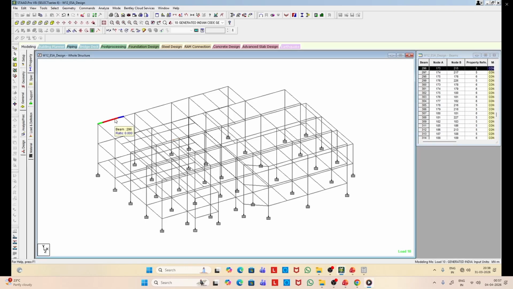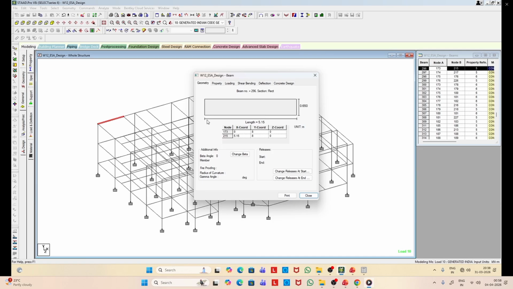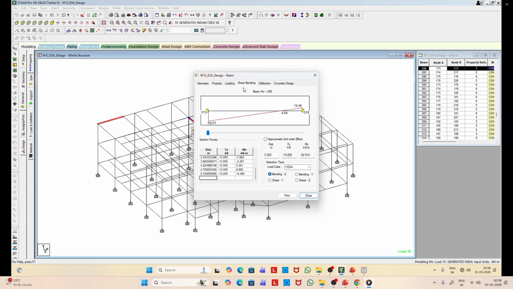So here you can see, once you select a member, and there you can plot the response, and the plot is shown here. So the different load cases are identified here. So you can select the load case and you can plot different structural responses.